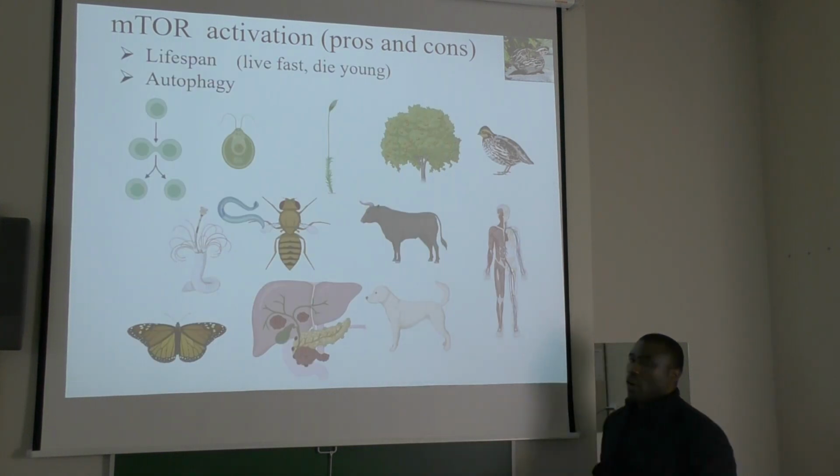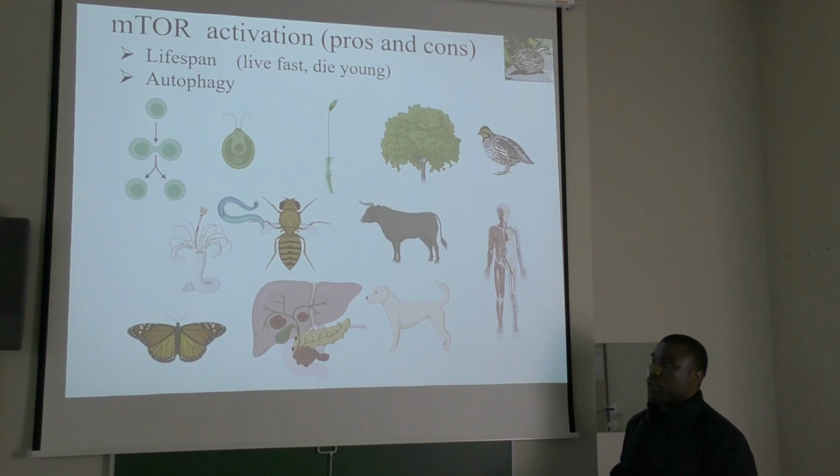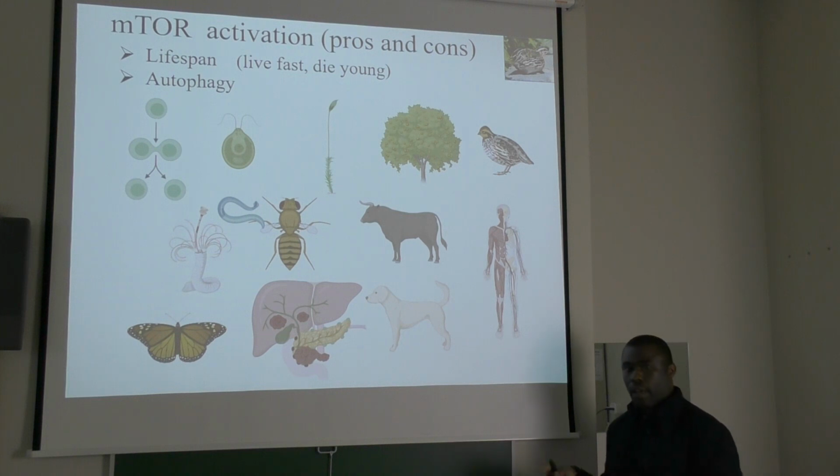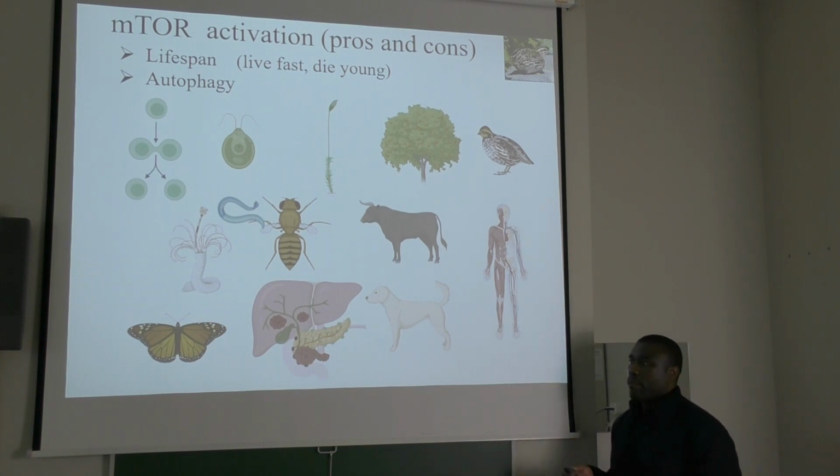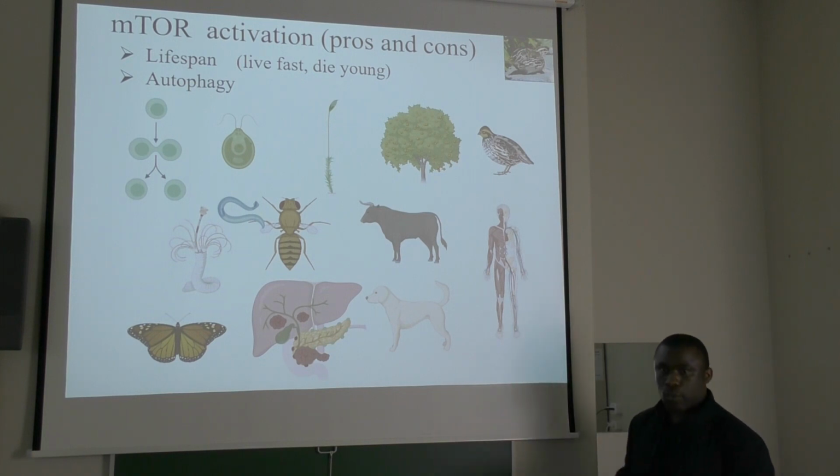So how do we prevent this? We have to inhibit the activation of the mTOR pathway, to promote autophagy, the clearance of cellular materials. There are cellular materials that have to be removed; they look like trash inside the cell. The way to remove them is autophagy. How do we activate autophagy? Just by reducing the activity of the mTOR pathway. We have to stop the mTOR pathway. How do we stop it? Just by reducing the amount of nutrients that we eat.